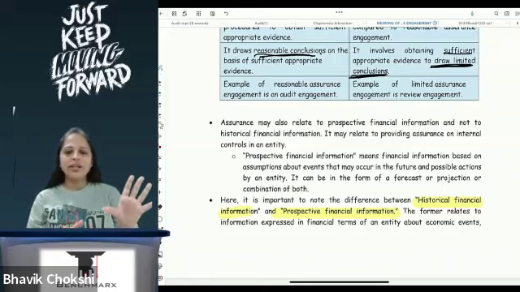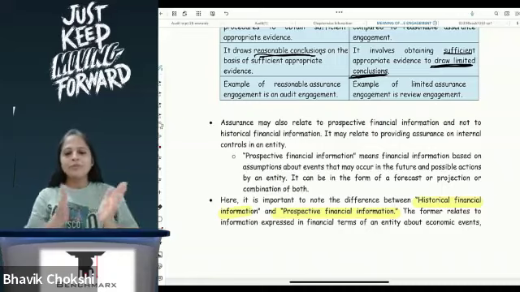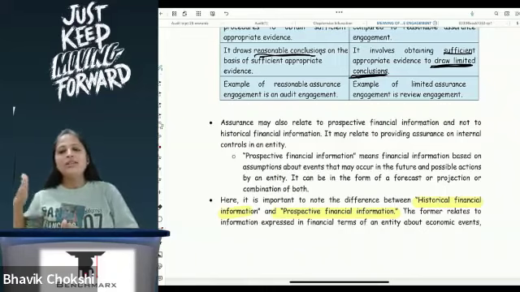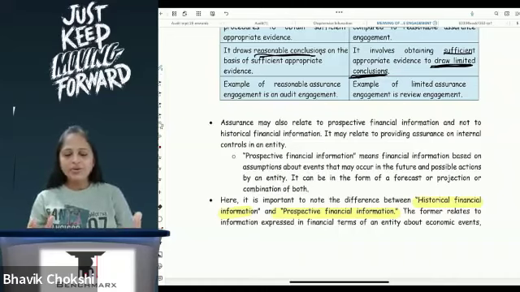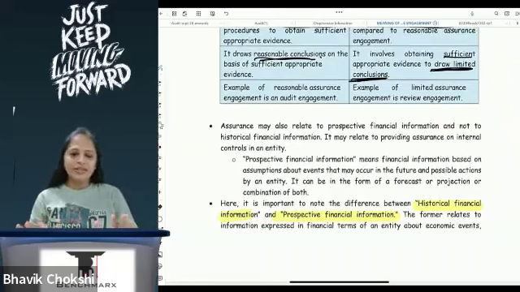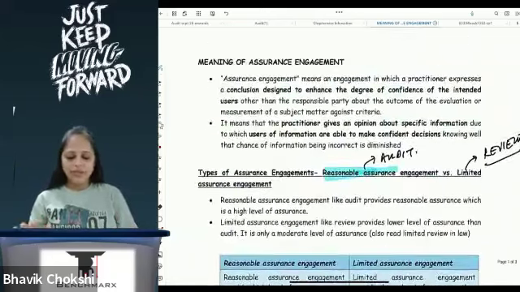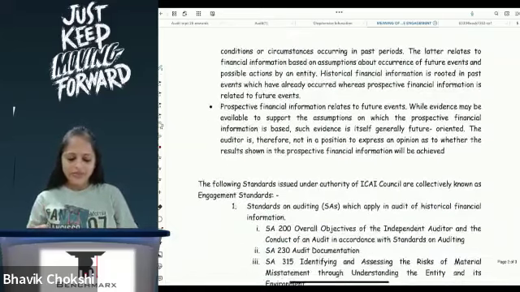Historical financial information is something that has already happened. Prospective financial information is not something that has already happened. It is basically a forecast of something that is going to happen, and I am giving that information currently based on my understanding of the industry. Okay, so that is prospective financial information. I am discussing it because it is relevant, so please write this down, but just ensure that you are understanding here. Okay, now